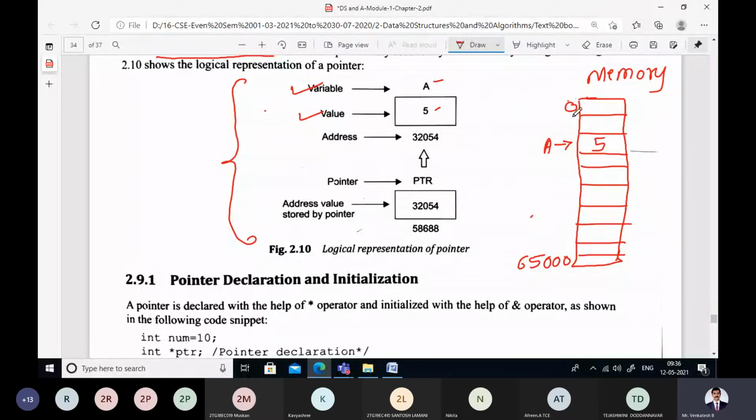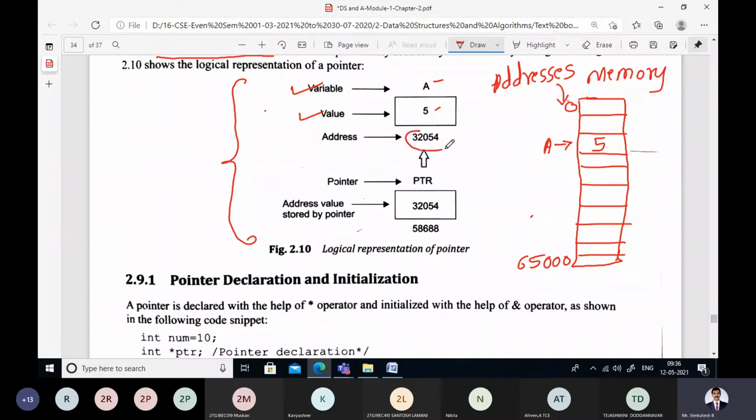These are called addresses. These addresses vary from 0 to some maximum value, that is 65,000 in this case. Whenever you declare a variable, the compiler will automatically allocate some memory location for it.